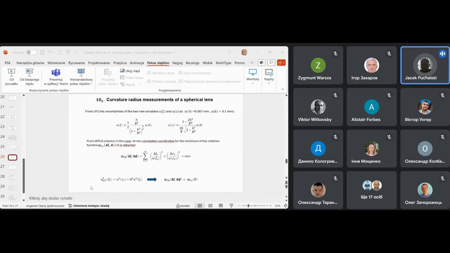So we use such an effective variance, and finally